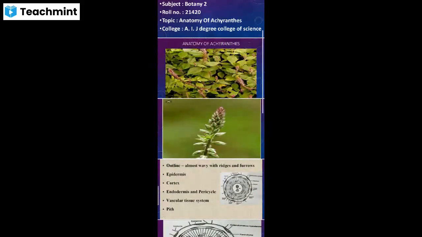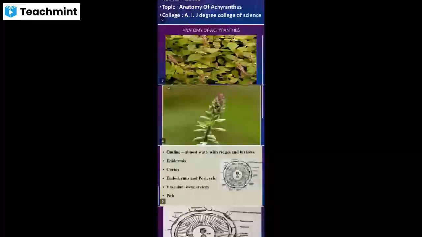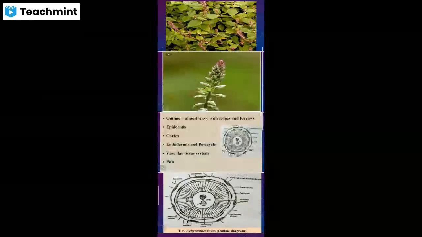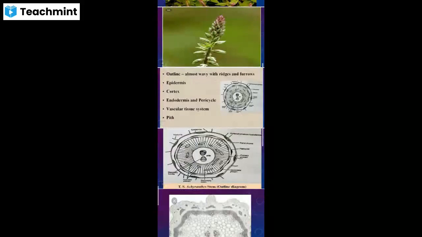In this plant, the origin of cambium takes place from the pericycle inside of various vascular tissue. The young stems show primary growth with conjoint, collateral and open type of vascular bundle. Conjoint means xylem and phloem both are present in the same bundle. Collateral means xylem and phloem are present laterally, side by side, and open means the vascular bundle shows presence of cambium. That's why it is open for secondary growth.